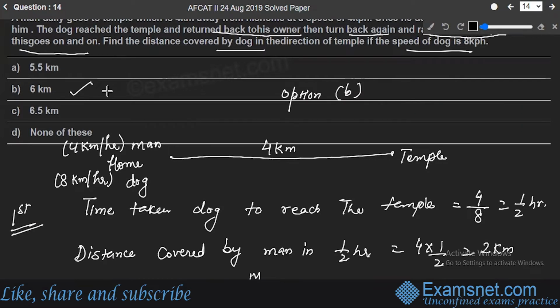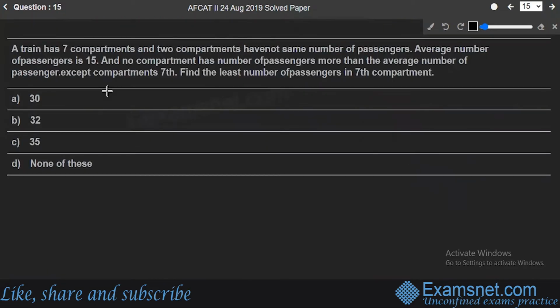Hope this is clear. Let's move to the next question then. Question number 15. A train has 7 compartments, right? You have a train which is having 7 compartments. Two compartments have not the same number of passengers. Average of the passengers is 15 and no compartment has